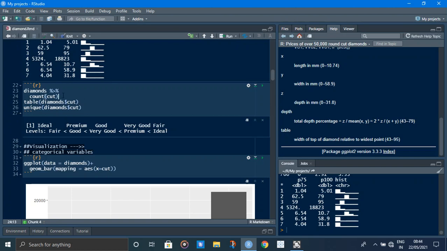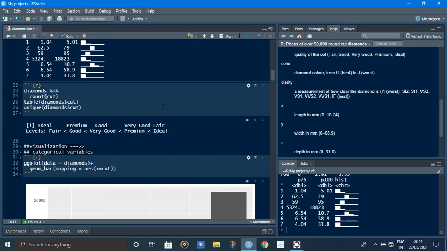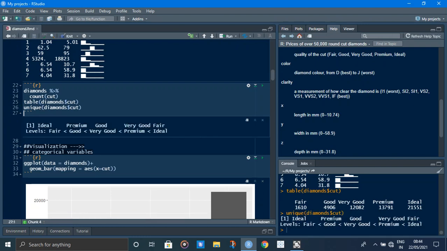Here we count the number of cut qualities in the diamonds dataset table. So let's run this, Control plus Enter. Here fair number of diamonds 1610, 4906, 12,082, 13,791, and uniqueness we can check: ideal, premium, good, very good.